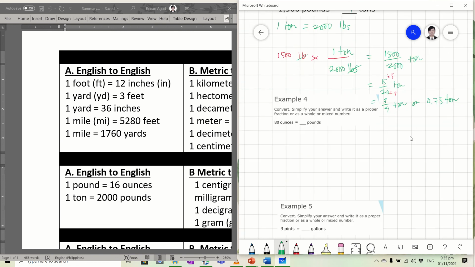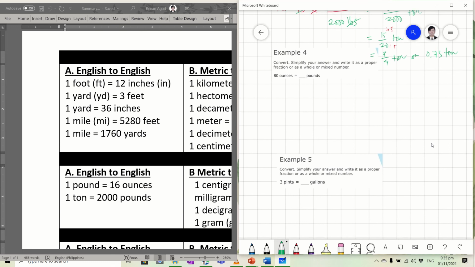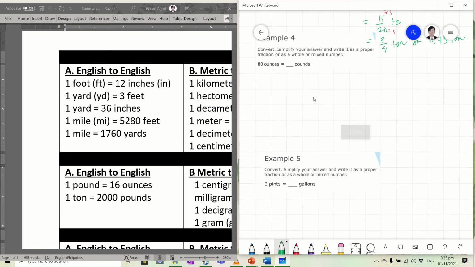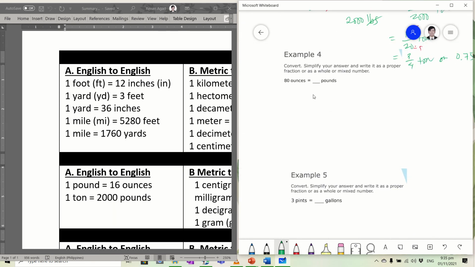Okay, now let's continue with example 4. Convert, simplify your answer and write it as a proper fraction or as a whole or mixed number. So 80 ounces is equal to blank pounds. So we're talking here about mass again, and both are in English, so English to English. So this is ounces, this is pound. So we have the conversion factor already, which is